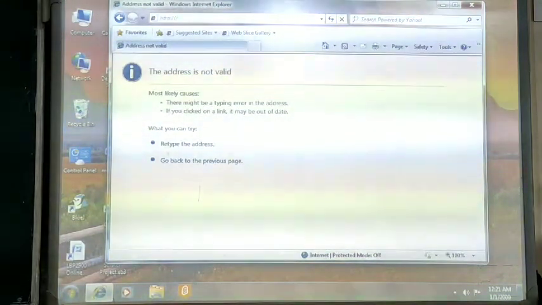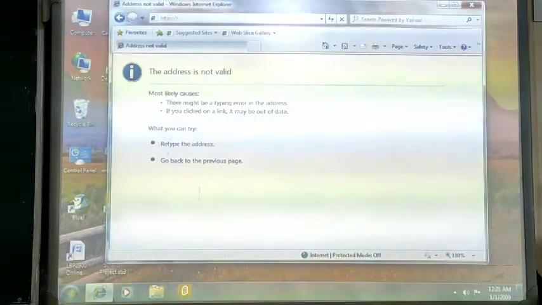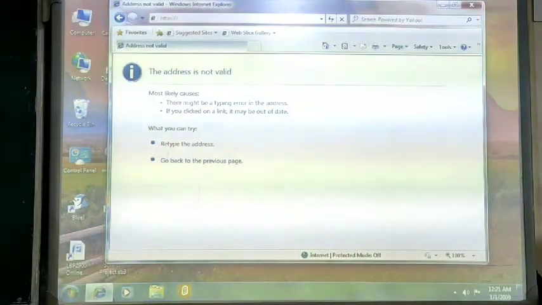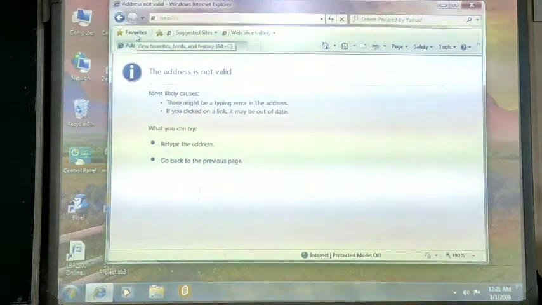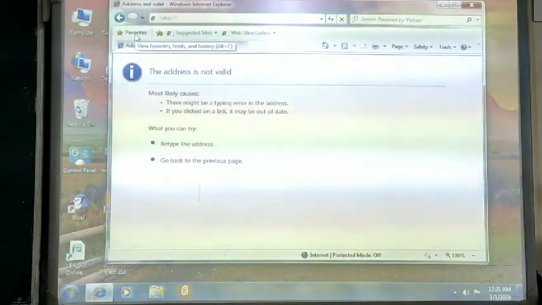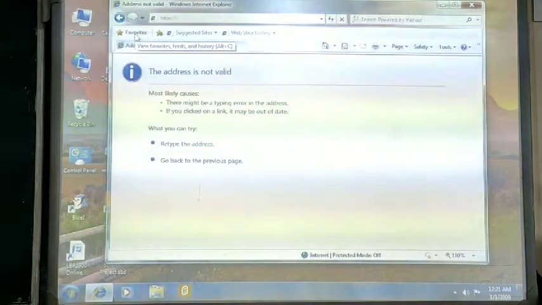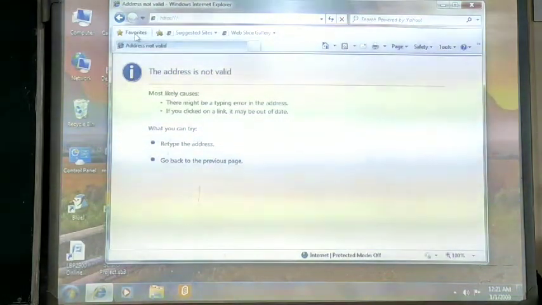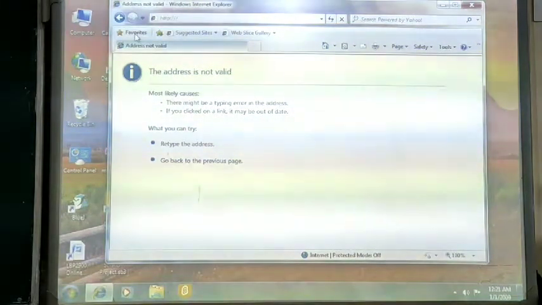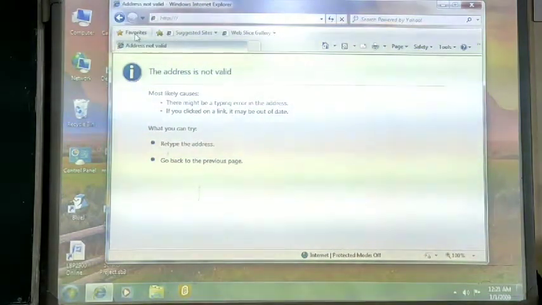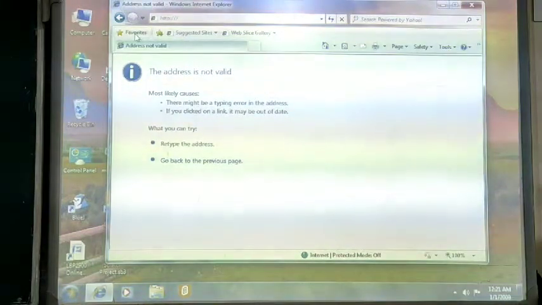Along with that, there is a favorite button on the left hand side, just below the back button or the forward button. The favorite button can be used to add any web page as a favorite.